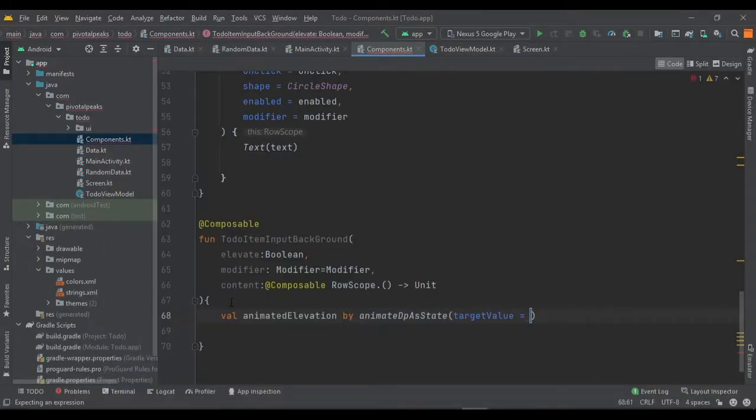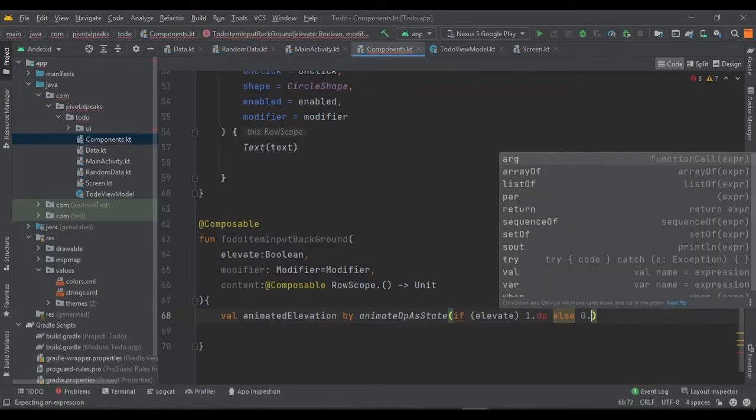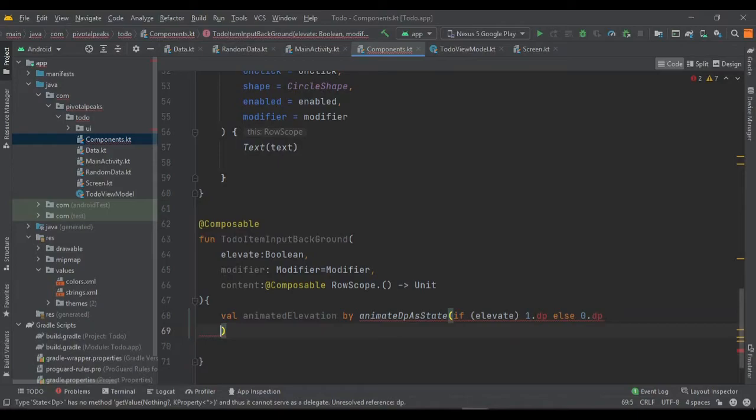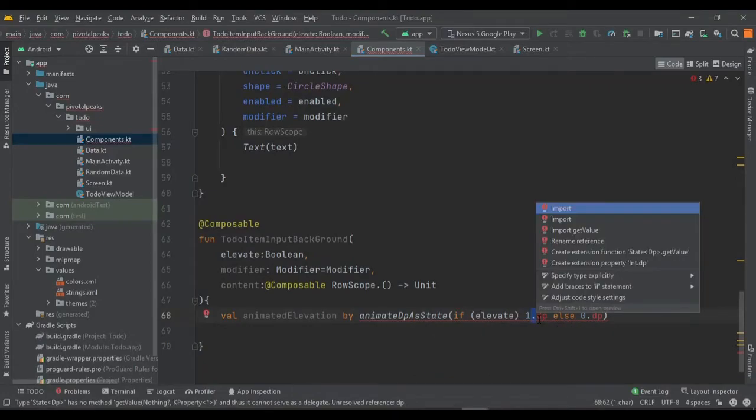Again, this function is responsible for drawing the animation, and it requires a target value. So for the target value we are going to pass an if-else statement. If it's elevating, then its value will be 1 dp, otherwise it means that it's not animating, so it will be 0 dp. And we need to import our dp units.